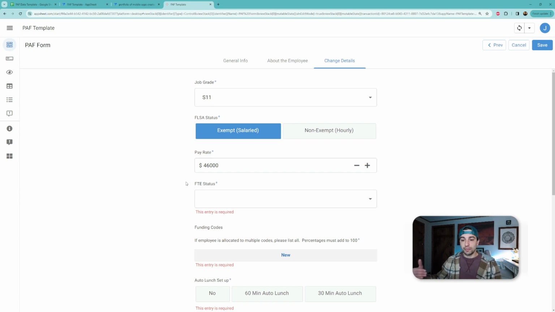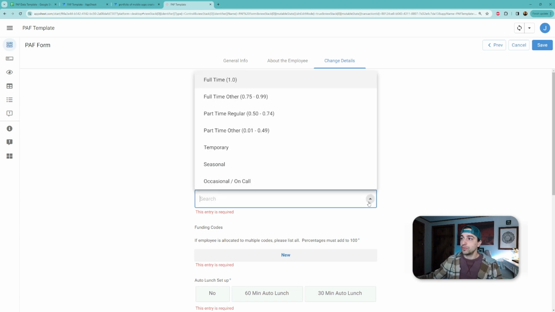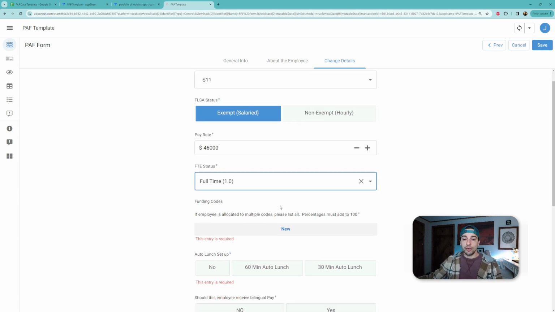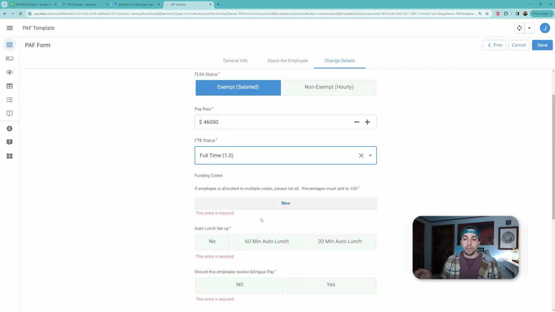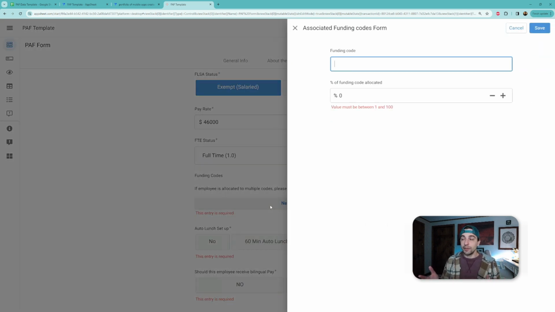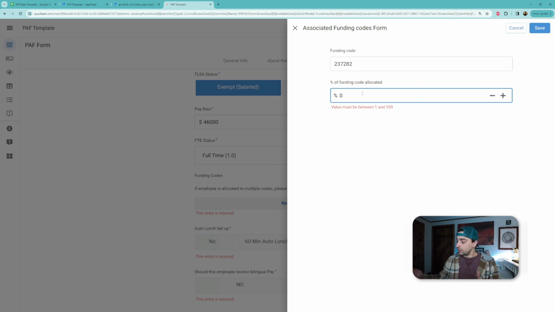So as we continue down, some of these are basic fields where you just pick a drop down and fill it all out so that way the team has the information to do what they need. And there's other situations that might be more nuanced for different organizations. In this case, I've experienced organizations where people are paid out of different funding codes, so you can select where you want that employee to be paid out of and to what percentage of their salary is